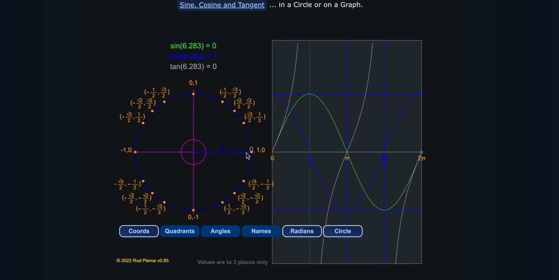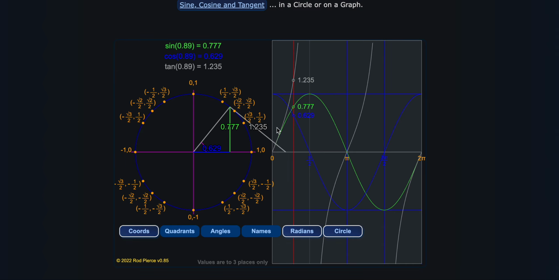For cosine, if we do a run through for cosine, when our angle is 0, our cosine value, using the unit circle right here, is going to be 1. So our cosine graph is in blue. We're going to start at the value 1. If we move to pi over 2 as our angle, or 90 degrees, on our graph, the cosine value is 0. So we're going to graph 0